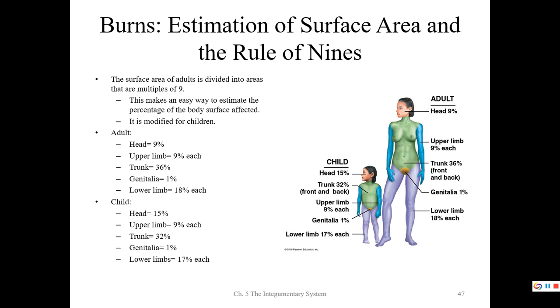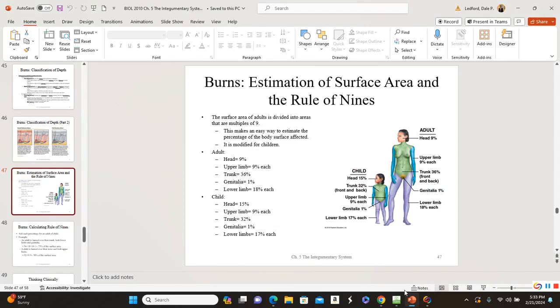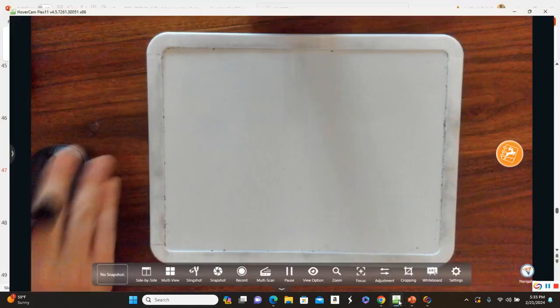The head is 9, the upper limbs are 9 each, the trunk is 36, the genitalia is 1, and the lower limbs are 18 each. What we do is divide the surface area for an adult into areas that are multiples of 9. It makes it easier to estimate the percentage of body surface that's actually affected. We modify it in children. So what we're going to do for the adult, rule of 9,